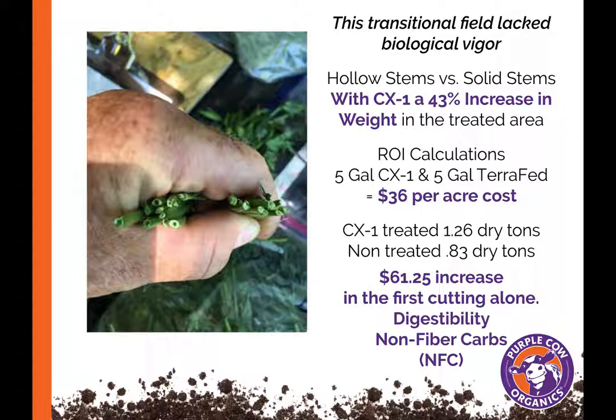As the grower transitioned to organic, they had to use new inputs, they brought biology into the mix, and I think that biology unlocked this vault of fertility that was there waiting but not available to the plant. So a 43% increase in weight, again, that's at the time of second cutting when applied after first cutting. And the return on investment calculation, $197 here in the first cutting alone, and that doesn't take into account any